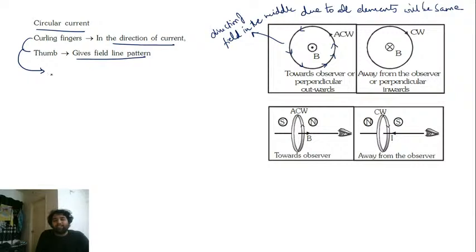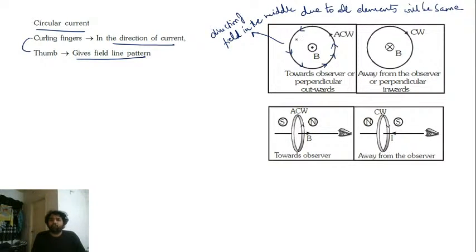Understood? So you can always say this is the inverse of the previous method. Current carrying side तुम thumb लगाओगे तो hand will give direction of field. In this case, you are curling your hand in the direction of current. Thumb will give you field. So this is exactly inverse of the previous one, but then you can just say logically everywhere you just curl your right hand. If only single current field is there, you just put your thumb along direction of current and then curl your hand, direction will give field. And if there's a loopy current, you curl your hand in the direction of loop, the thumb will give you field pattern. Understood?